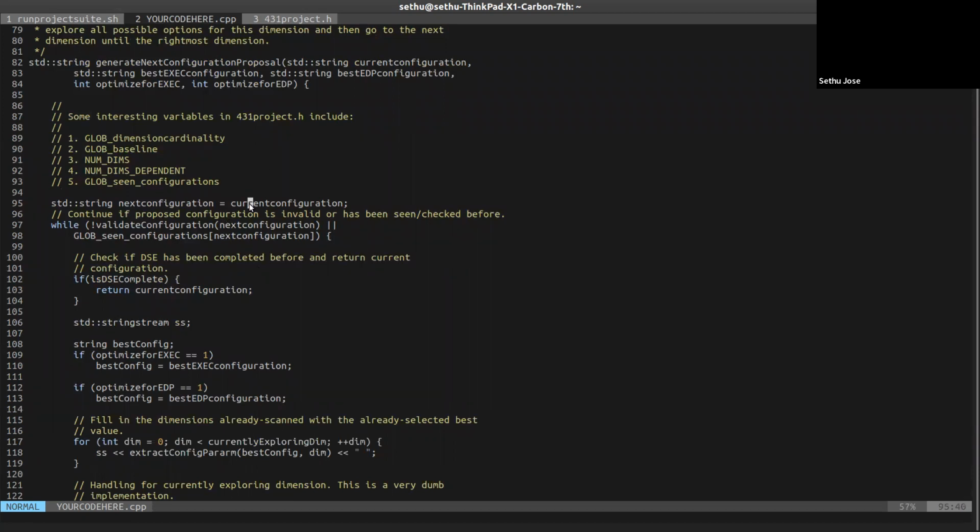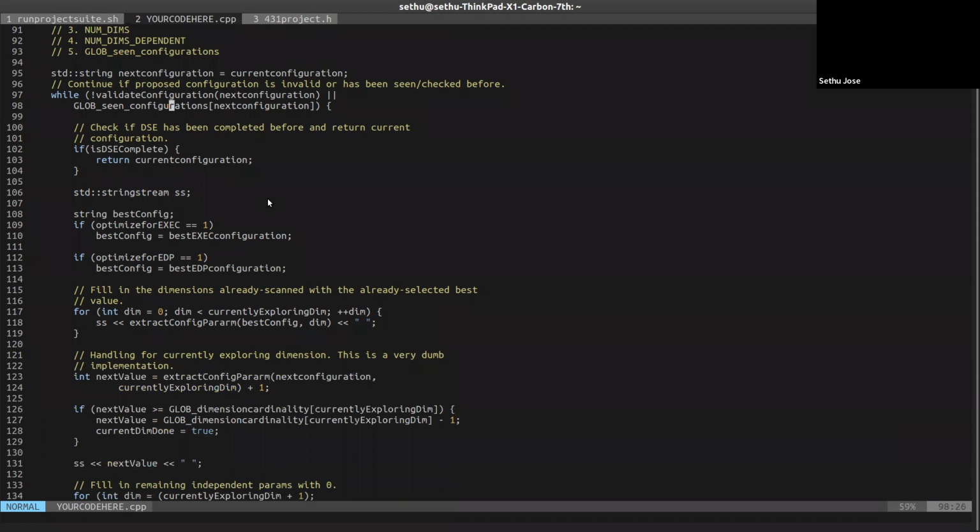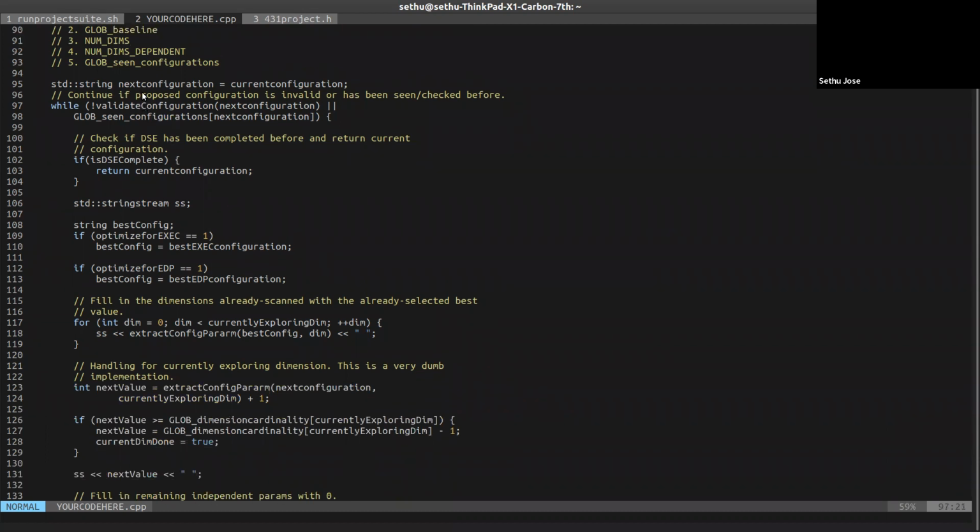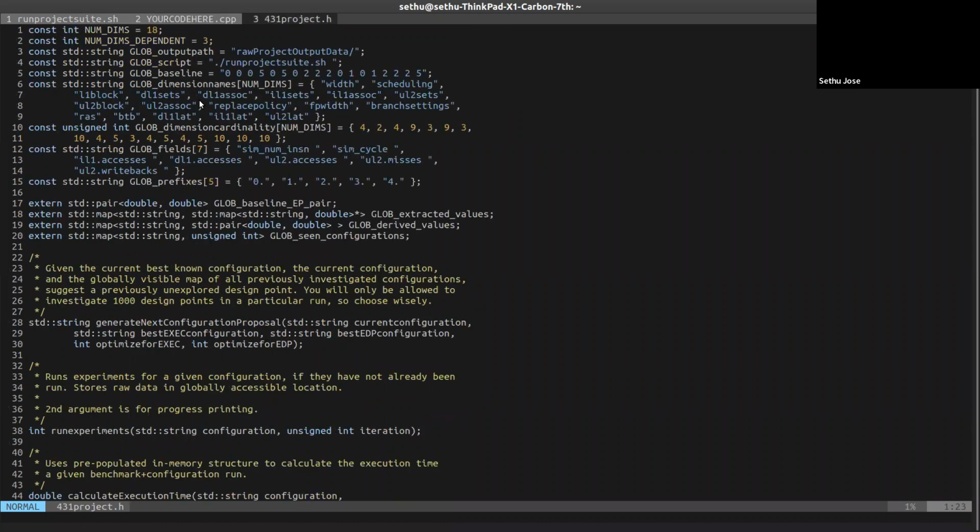Right now, this function is going to take the current configuration, which was passed in from the main.c main file. The first thing to do is validate whether this configuration is valid or not. That's what is happening here, validate configuration. What that means is that when you pass some configuration into this function,